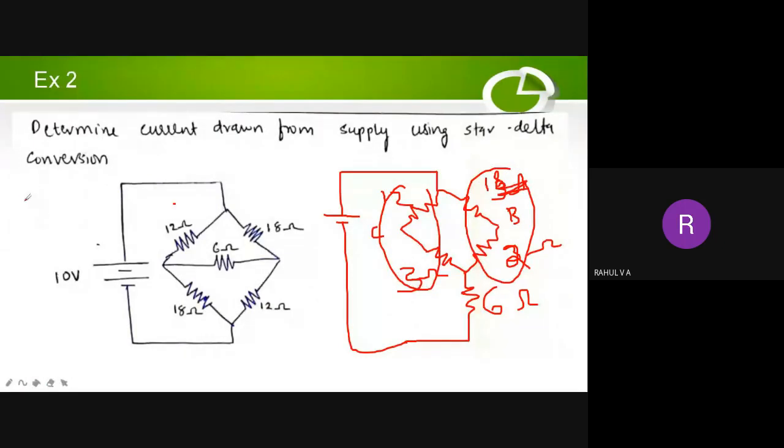How to draw the new diagram? 12 plus 3, how much is it? 15. And 18 plus 2 is 20. Now 15 ohm and 20 ohm are in parallel. Along with that, I have a 6 ohm resistor in series. Now when these resistors are in parallel, 15 ohm and 20 ohm, okay,